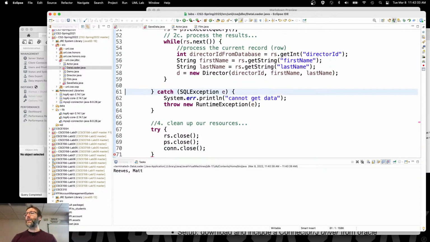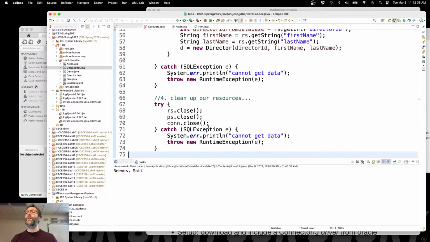Now, unfortunately, because of decisions made a long time ago, this can also result in an SQLException, cannot close for some reason,